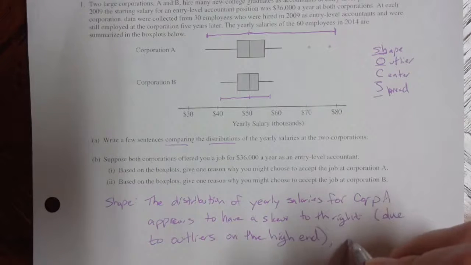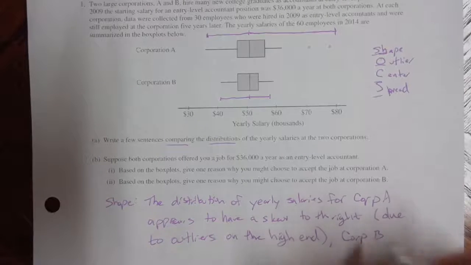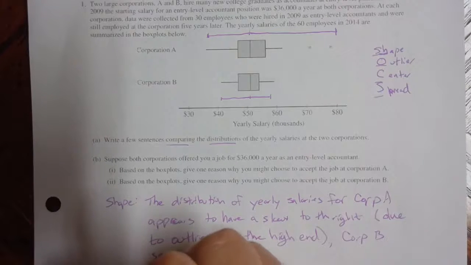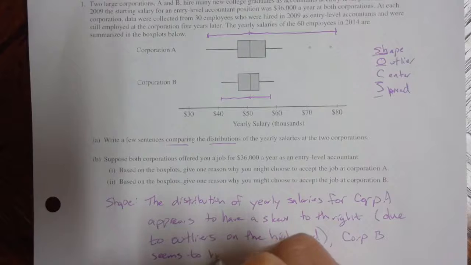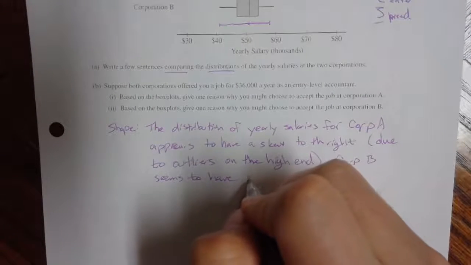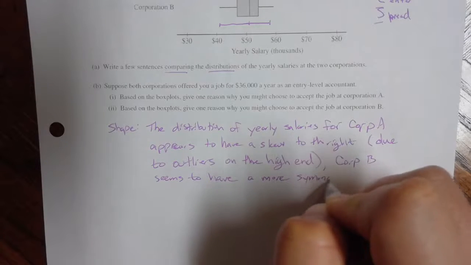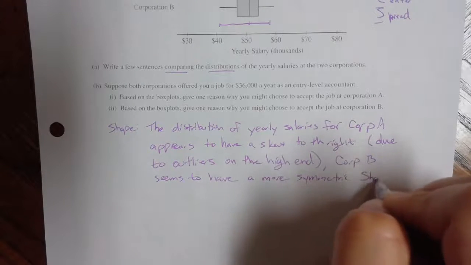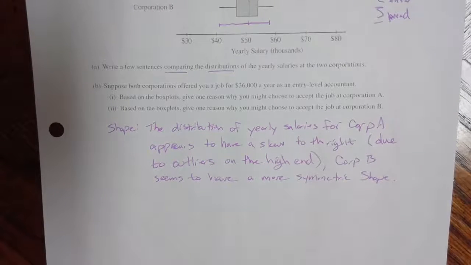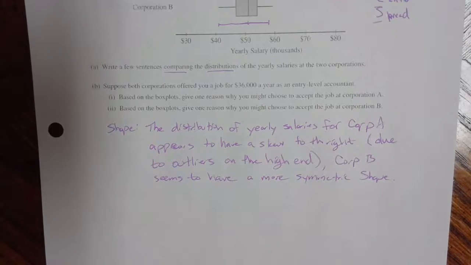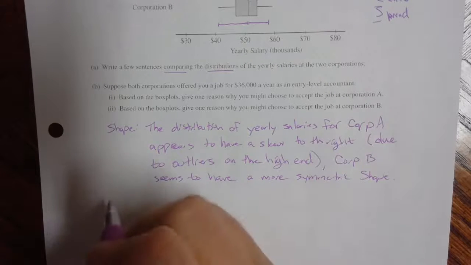And corporation B seems to have a more symmetric shape. So I've actually taken care of outliers and shape for corporation A, and